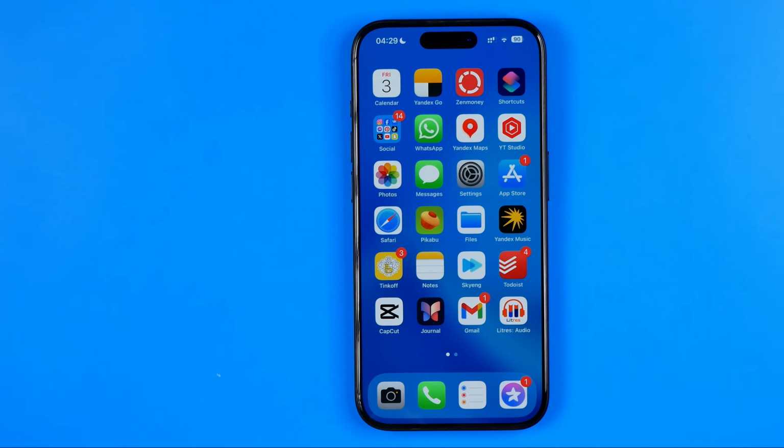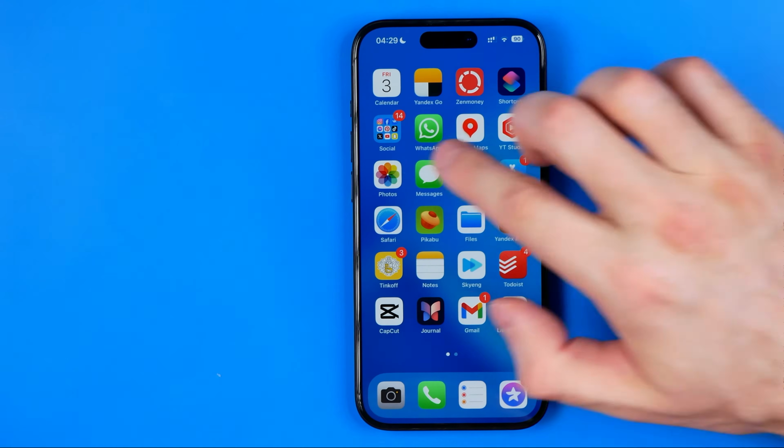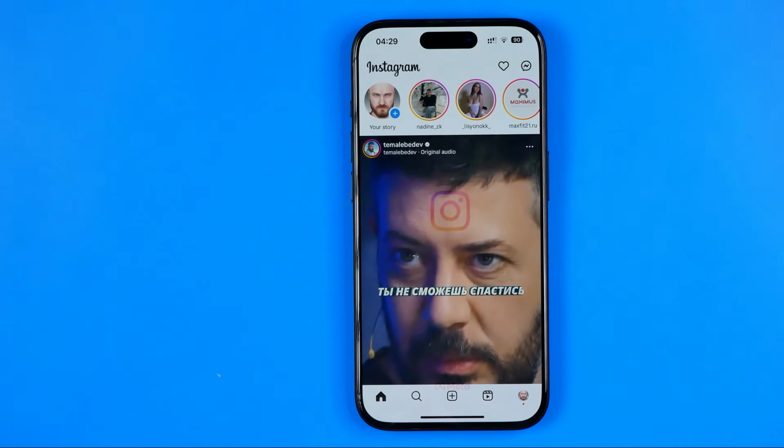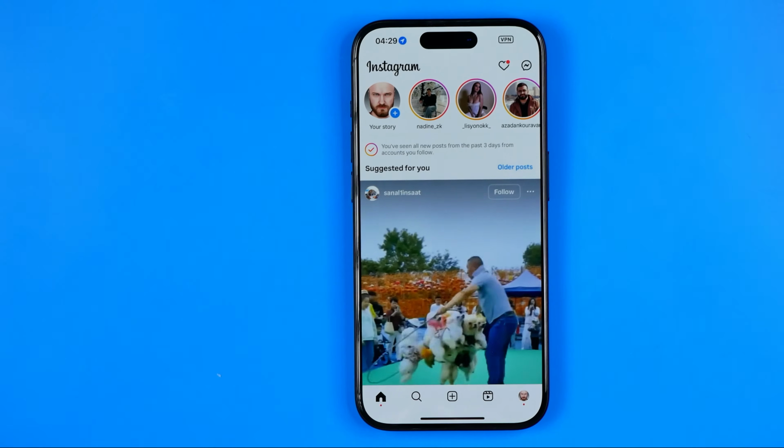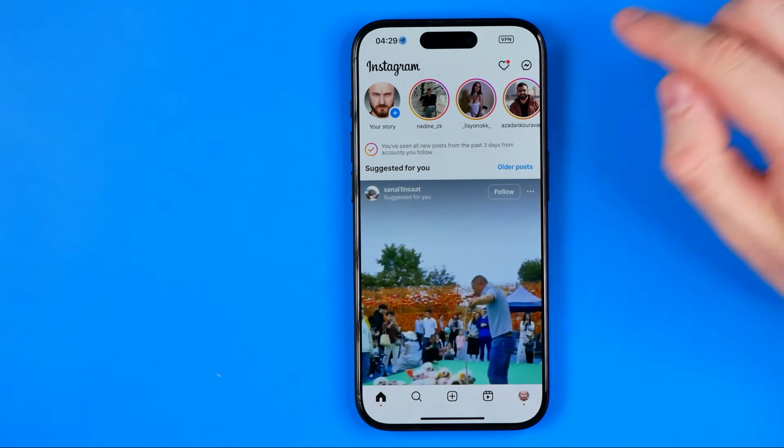In this video, I'm going to show you how you can easily send one-time view photo on Instagram. Be sure to watch the video to the very end so you don't make any mistakes. Let's get started, guys, and first off we need to open up Instagram app, and once it is done, tap